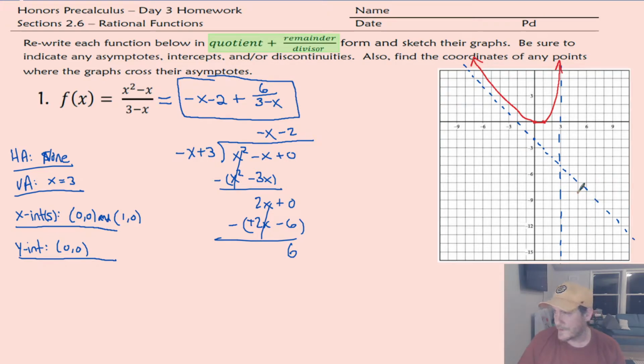That said, I'm still going to run a test point. So let's test 6. If our slant asymptote has an equation of y equals negative x minus 2, then plugging in 6 tells us that the cutoff point on our asymptote is at negative 8. And again, if you've drawn this neatly, you can see that that's negative 8. So I'll plug in 6, and if I get a value that's even less than negative 8, then I know